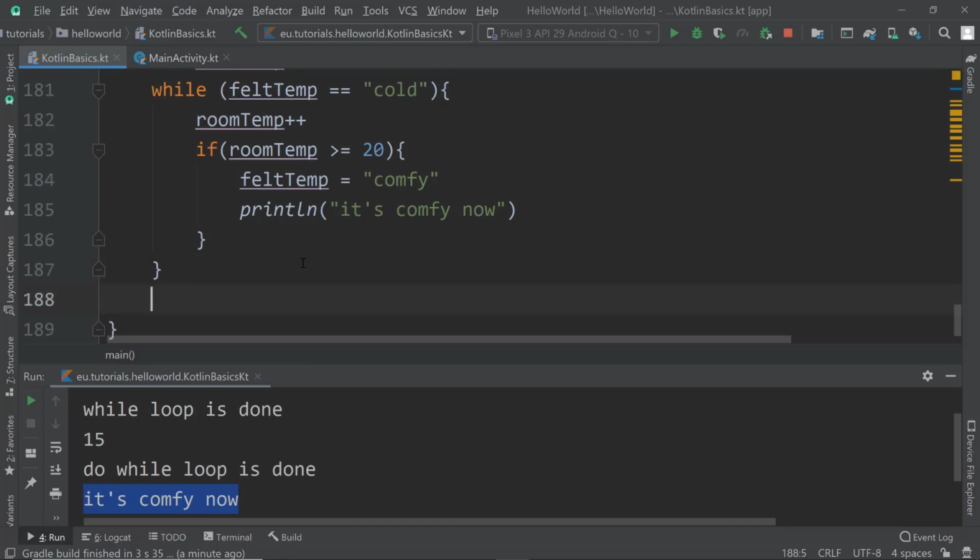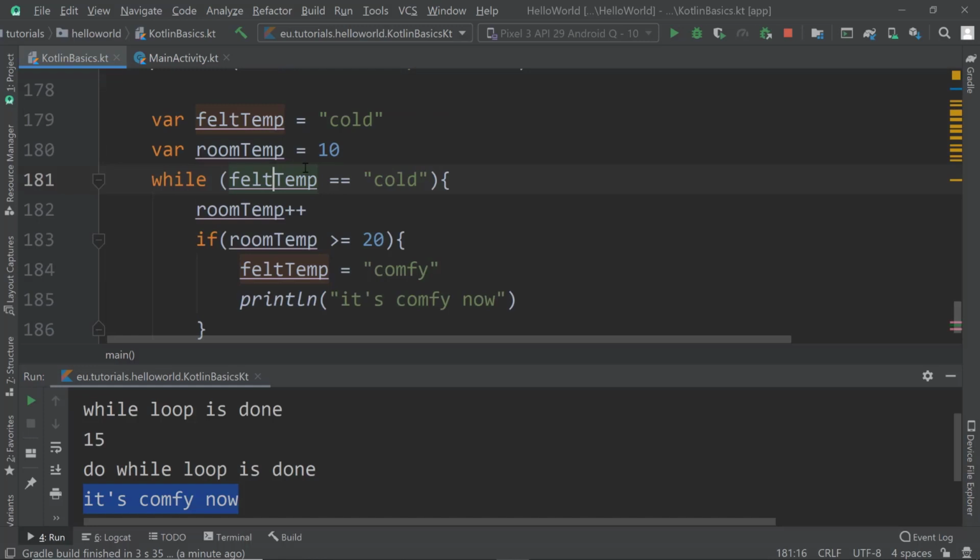So this is just another application where you see that it doesn't have to be an integer that we're checking here. It can be whatever condition that has to be met. And as soon as this condition is not met anymore, the while loop will stop executing its block, its body, its code block. So now we are going to check out for loops,